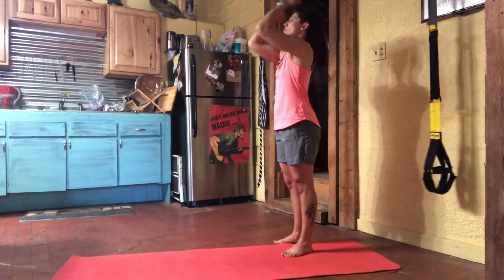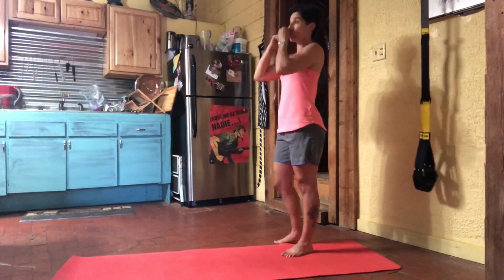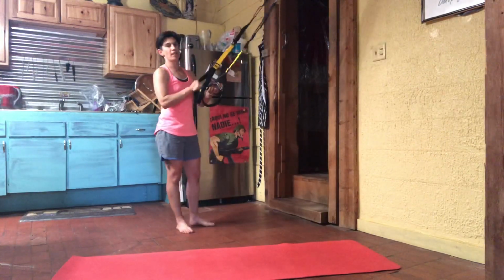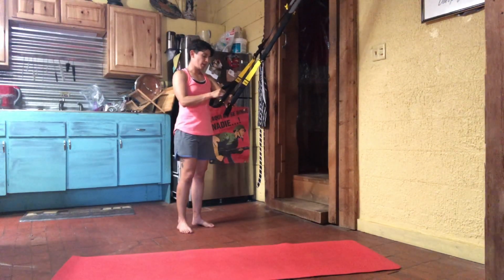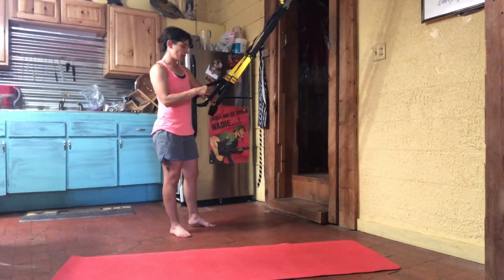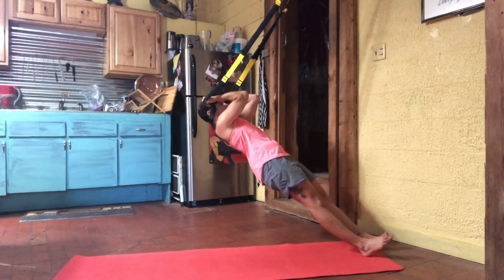You're going to extend your arms all the way out, pull it back in, walk towards your anchor, towards that deep angle, walk back out. So you're holding that static bicep curl as you walk your feet towards the anchor, and then only when you're upright do you extend the arms out and re-engage in the bicep curl. Okay, so hands at your eyeballs, elbows up in line with your shoulders. Stay there, and in 2, 1, begin to walk towards your anchor until you get to your deepest spot, and